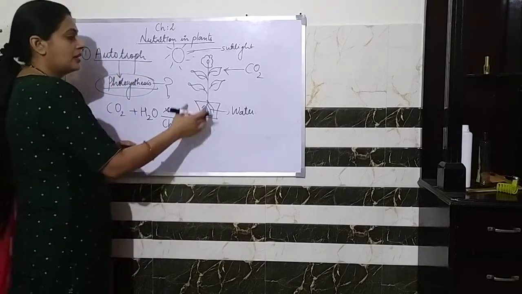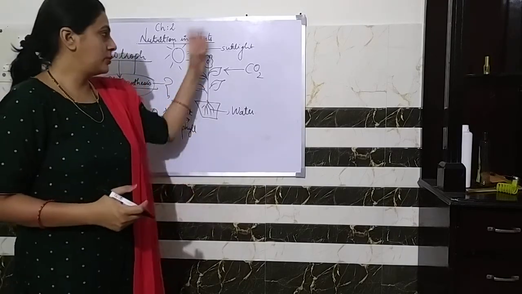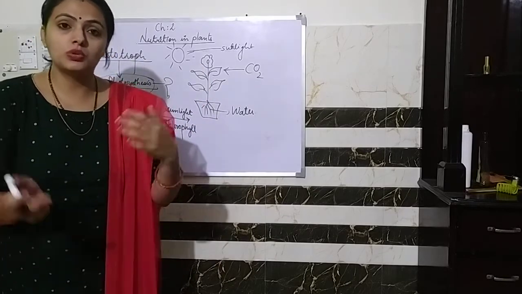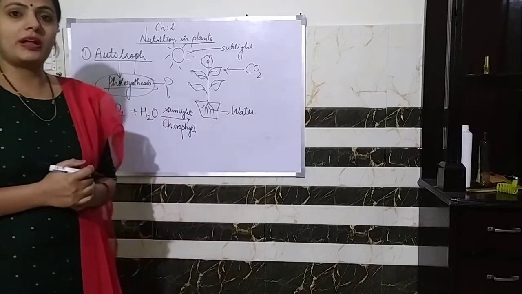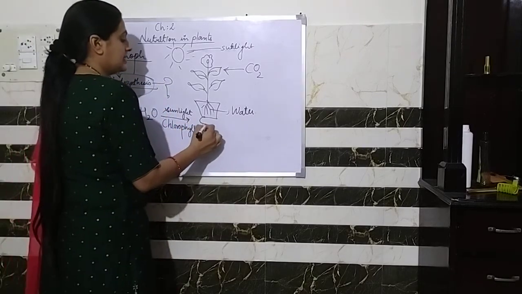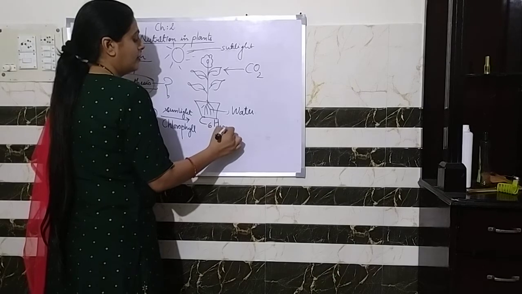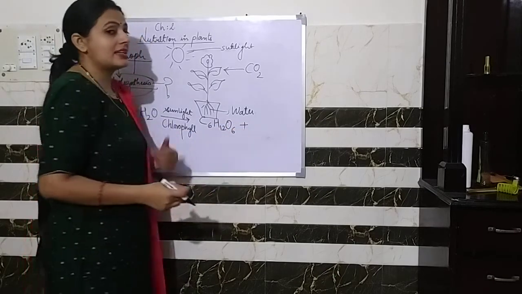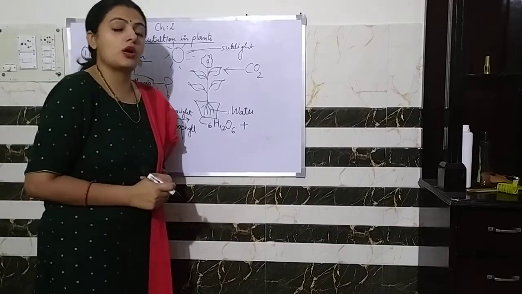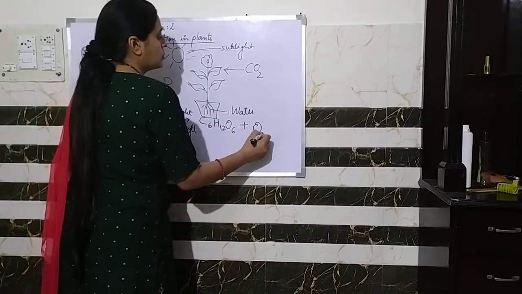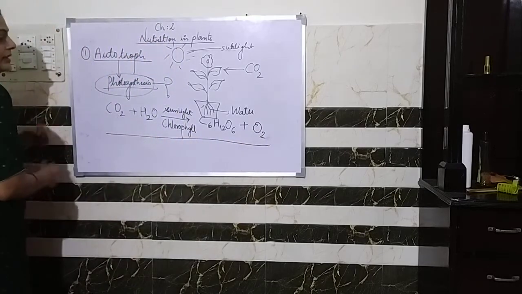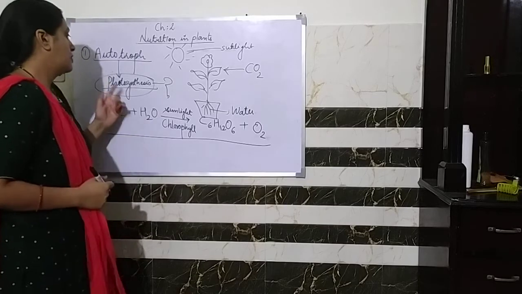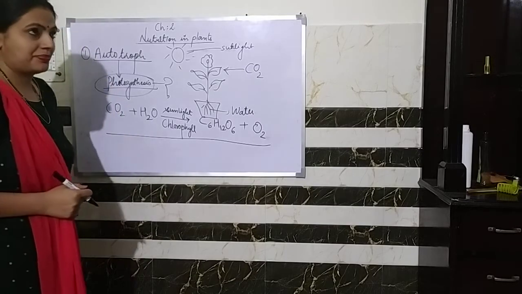So क्या बनेगा? Plants हमें अब क्या देंगे? After using this, they will prepare the food, and what is the food? That is glucose, and the glucose formula is C6H12O6, right? And it also gave us a very essential thing, that is oxygen. So basically this is the chemical reaction of the photosynthesis process, right?